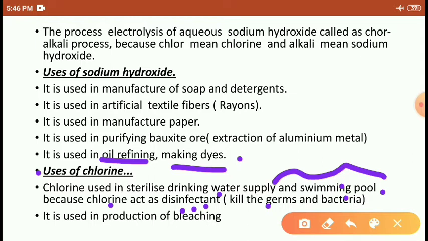And it is used in the production of bleach. So bleaching means the process of cleaning cloth and paper, or you may say whitening cloth and whitening paper. That is what we call bleaching. Right, students? What are some papers? The Xerox paper, white sheets, completely white. That is bleached paper, right? And some cloths are completely white. We give them for dry cleaning. For dry cleaning, whatever chemical the person has used, that is bleach powder. So, bleaching. Right, students?